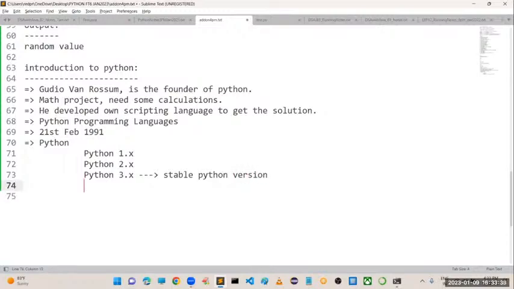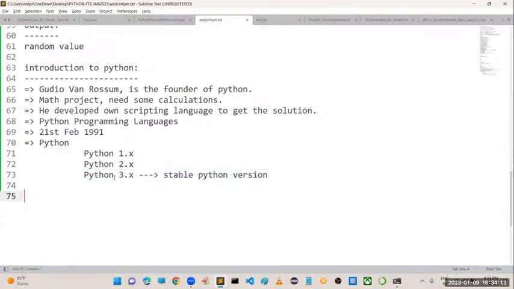There are many versions, but it is a continuation of 3.x. They never tried to change the syntax again. Python 1.x is syntactically different, 2.x has different syntax, and 3.x has different syntax. Even though these three are the same language, syntactically there are some changes. That's why you can't expect 4.x in the future. Maybe, we don't know, but 3.x is very popular nowadays.